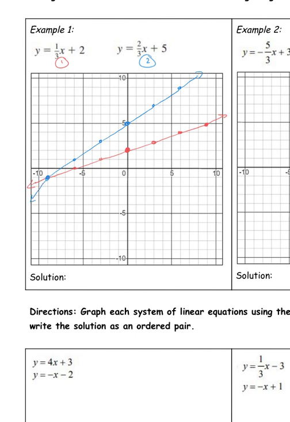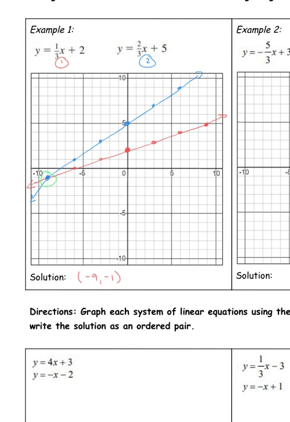All right, so we can clearly see where our blue line and our red line intersect. That is our point of intersection. That tells us our solution. So our solution to this system of linear equations is -9, -1. All right, so that's where the two lines intersect, meaning that when I take this point and I plug it in,